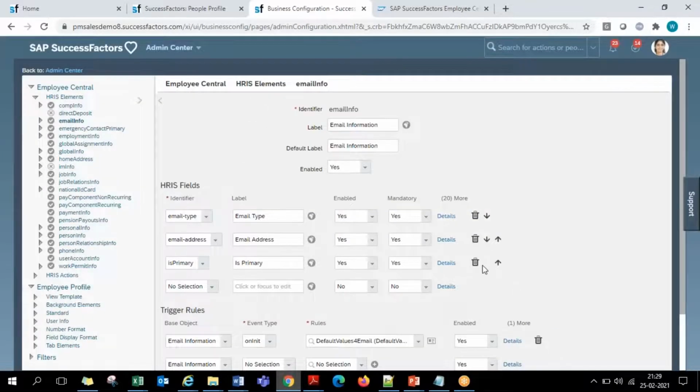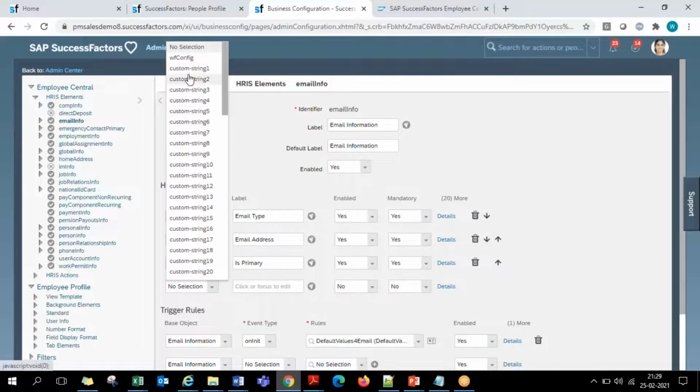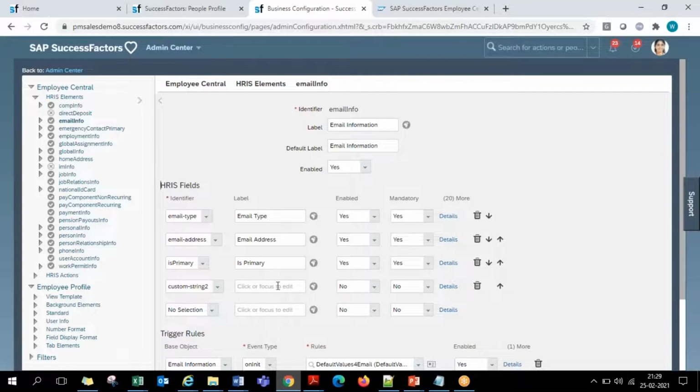If you want to delete a field or add one more custom field, you have the options here. You just add a custom field, give the label for it, and enable the properties. One more field placeholder is automatically added. So like this, the system will give you an option to add up to 70 custom fields in every portlet, guys. Email ID portlet, 70 fields. Phone numbers portlet, 70 fields. Address details portlet, a separate 70 fields. Like that, every portlet will have up to 70 custom fields, which will definitely be more than enough. We will never face a situation where it is insufficient.